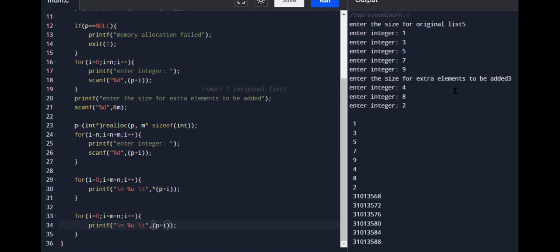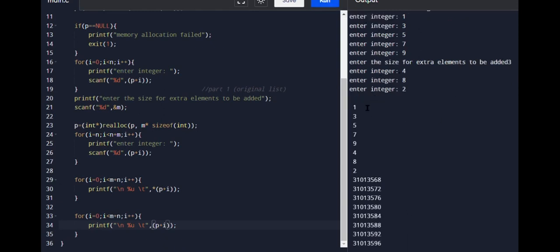So see, these are the elements we have entered, and after reallocating the whole list, these are the addresses. See, 68, 72, 76, 80, 84, the continuous addresses are there,